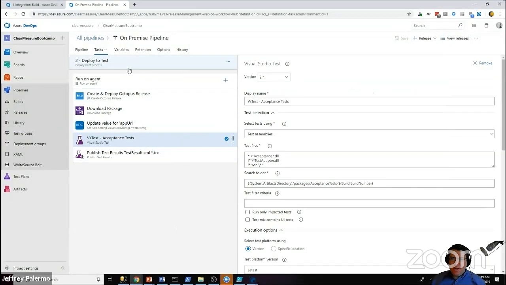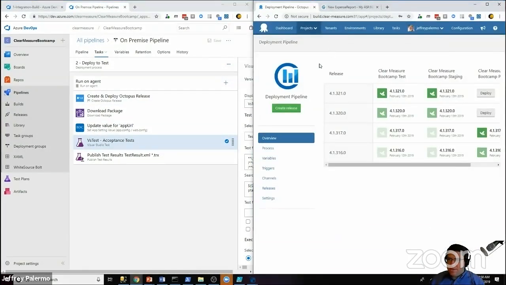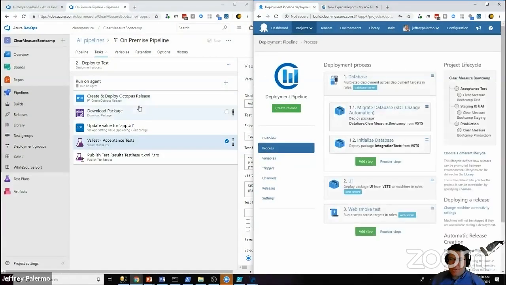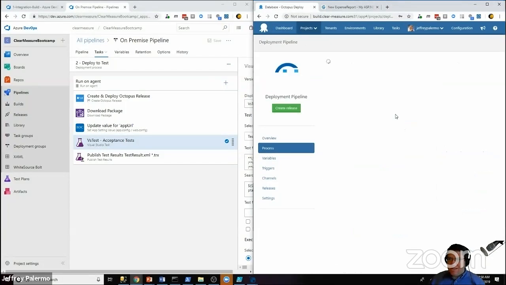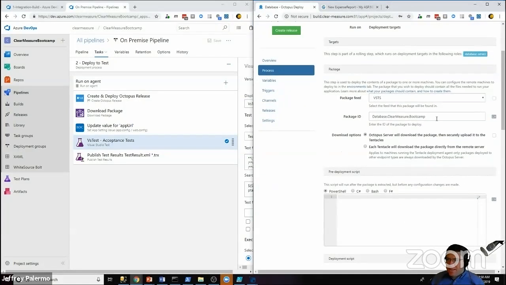Okay, so we've done this. This is our test environment. So let's move over to Octopus Deploy, because in our test environment process, now we're telling Octopus Deploy to create and deploy the release. So what we're doing is we're going to migrate the database, and what we have here is a process. Part of the process is going to run on the database server via the tentacle, and I'm not going to go too much into Octopus Deploy details if you've never done it, but we're essentially getting the package ID that is